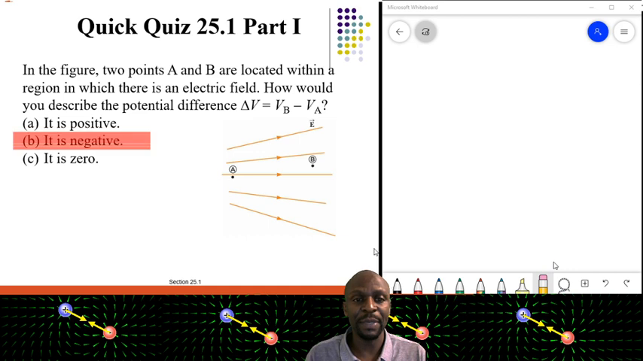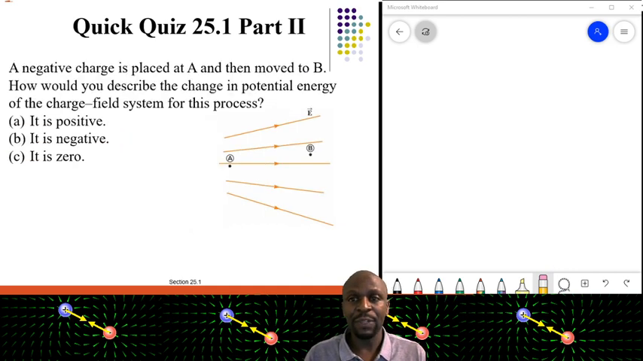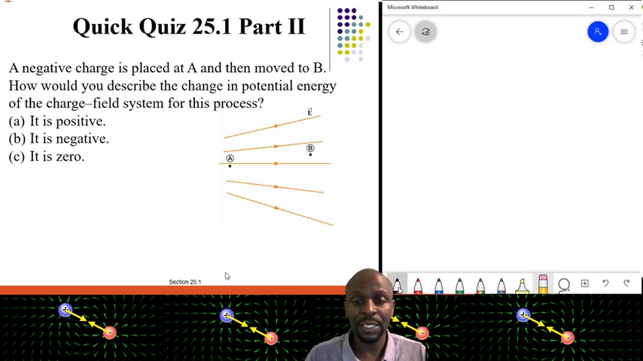number B. Now part 2 of the question: a negative charge is placed at A and then moved to B. How will you describe the change in potential energy? The change in potential energy means ΔU of the charge-field system for this process. Now I just want to remind you about the equation of the change in potential energy. The change in potential energy, ΔU, is given by negative q naught times the integral of E